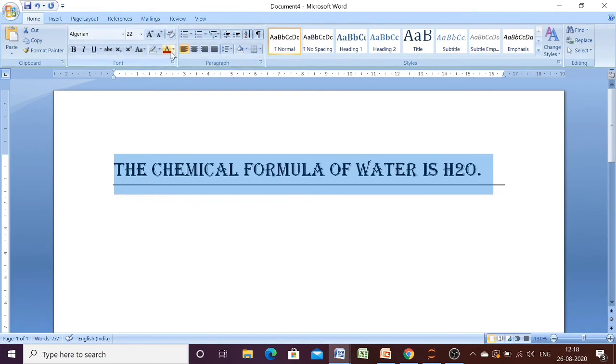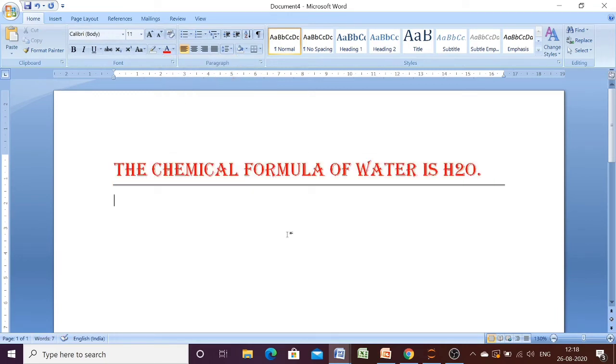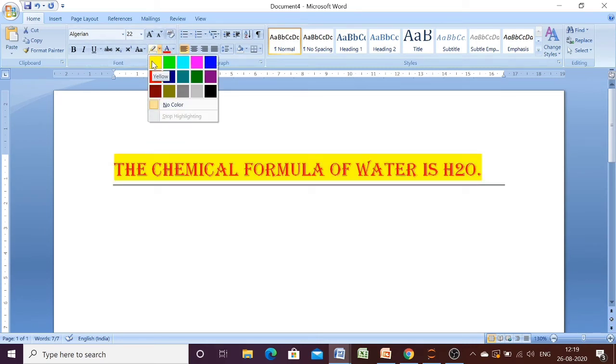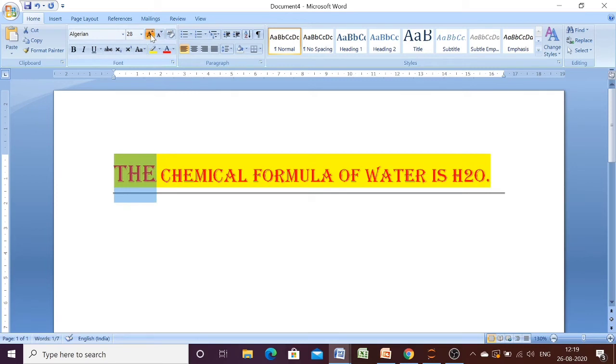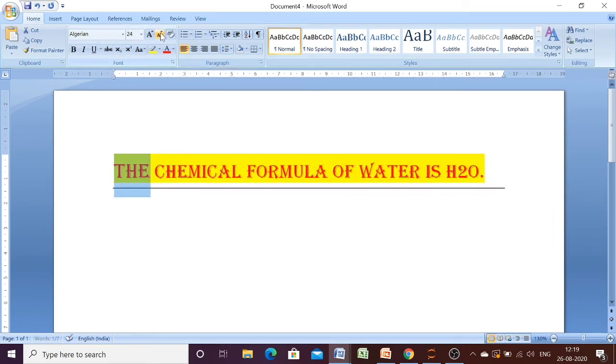Here you are having the color for font. Take any color. Okay, your color will be changed. Now to highlight your font, this can be used. It will give you the background color of the selected text. Okay, here we are having grow font. You can see grow font. You can grow a particular selected text. Similarly, you can shrink it as well.